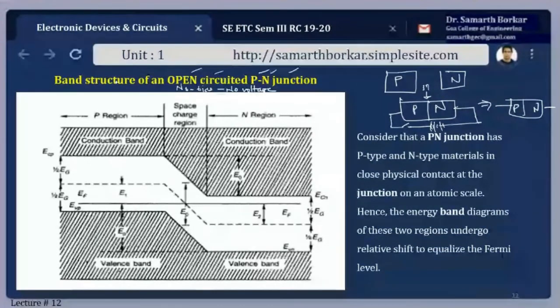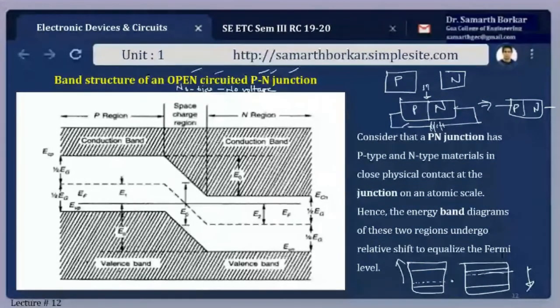Band structure. Now we know in case of p-type material, we have the conduction band and the valence band. Again, in n-type material, we have the conduction band and the valence band. In p-type material, the Fermi level is towards the valence band. In n-type, it is towards the conduction band. If I combine the two, then the two Fermi levels should be aligned to each other. They have to be in a common line. If I do so, there will be shifting of bands, this n band going down and this one shifting to the top side.